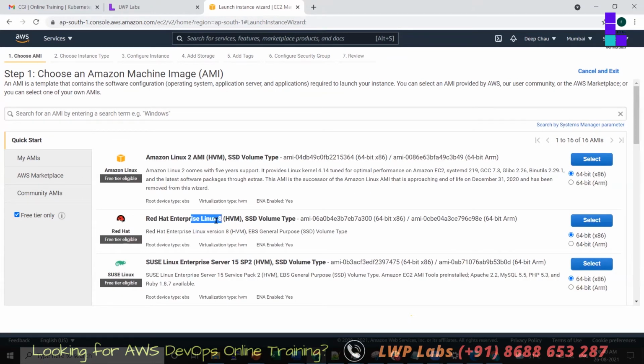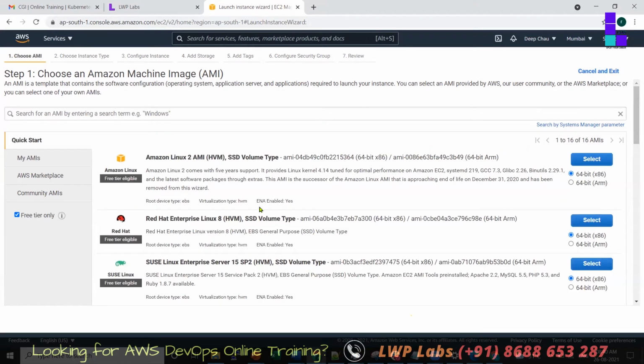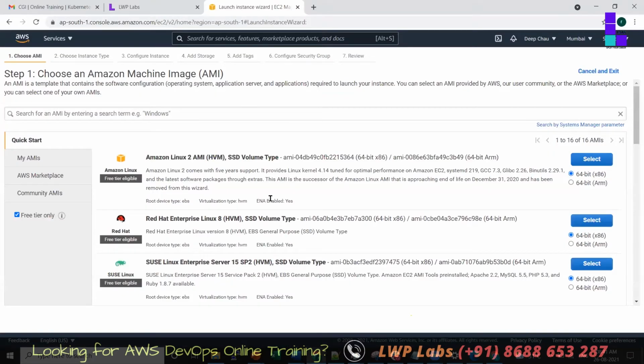So if somebody asks which AMIs you are using in your company, don't say, no, I am using free tier Red Hat. We can't say this. They will understand you have zero working experience. You are using your custom AMI, on which vulnerability checks have already been done. So select this Red Hat for now because we don't have our AMI. We will create an AMI in this project, and we will learn how to customize our AMI.